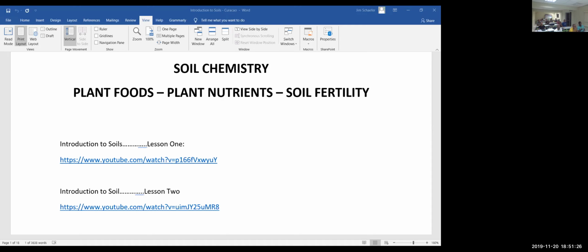Another contributor is temperature. Rocks actually expand and contract depending on the temperature, which can cause small cracks to form. If water gets into these cracks and freezes, it will expand and continue to make those cracks larger and contribute to soil formation by breaking the rocks into smaller pieces. So those are a few examples of how rocks can turn into soil, but there are also other factors that